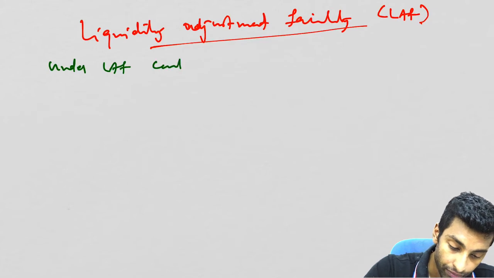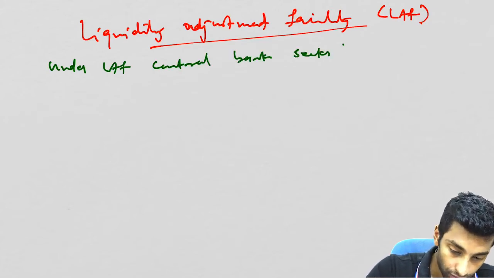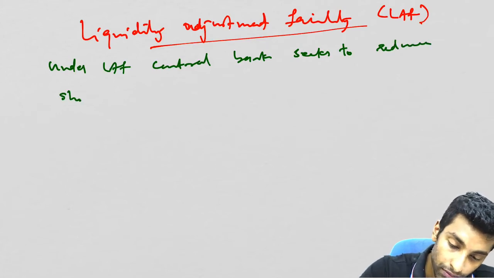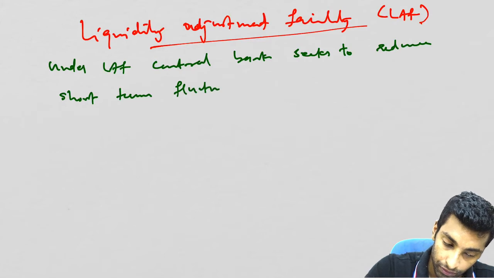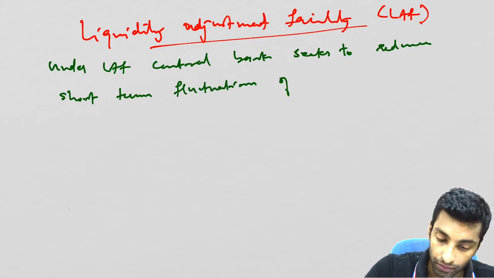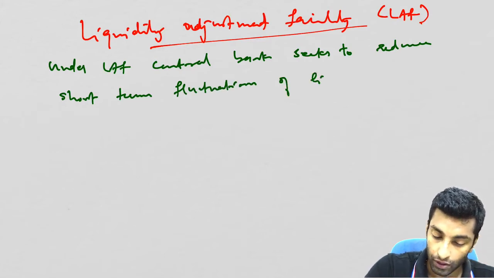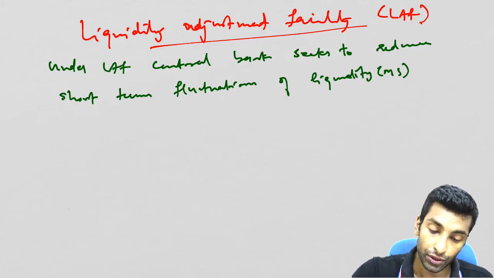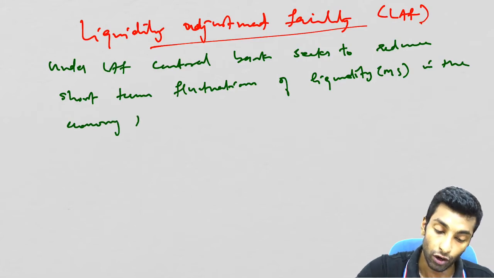Under LAF, the central bank seeks to reduce short-term fluctuations of liquidity, that means money supply, short-term fluctuations of liquidity, that is money supply, in the economy